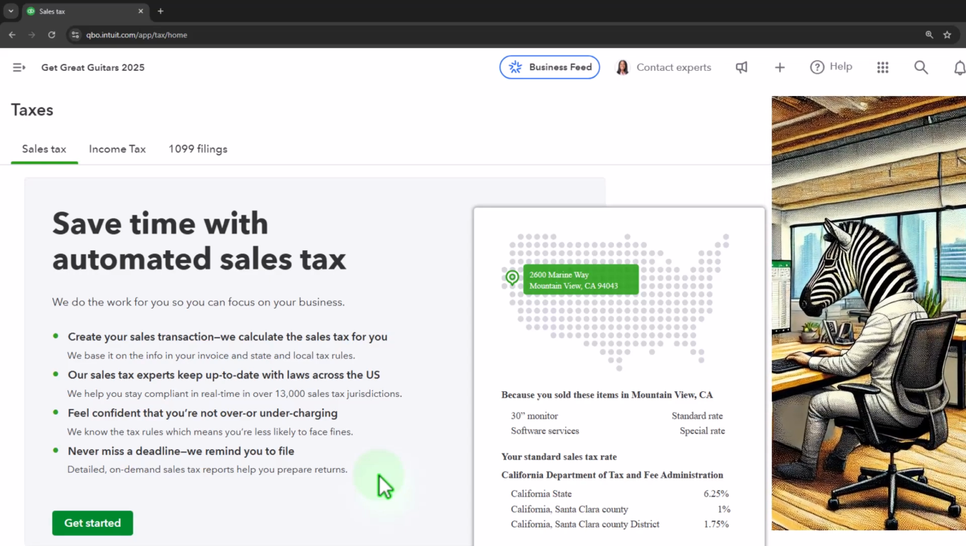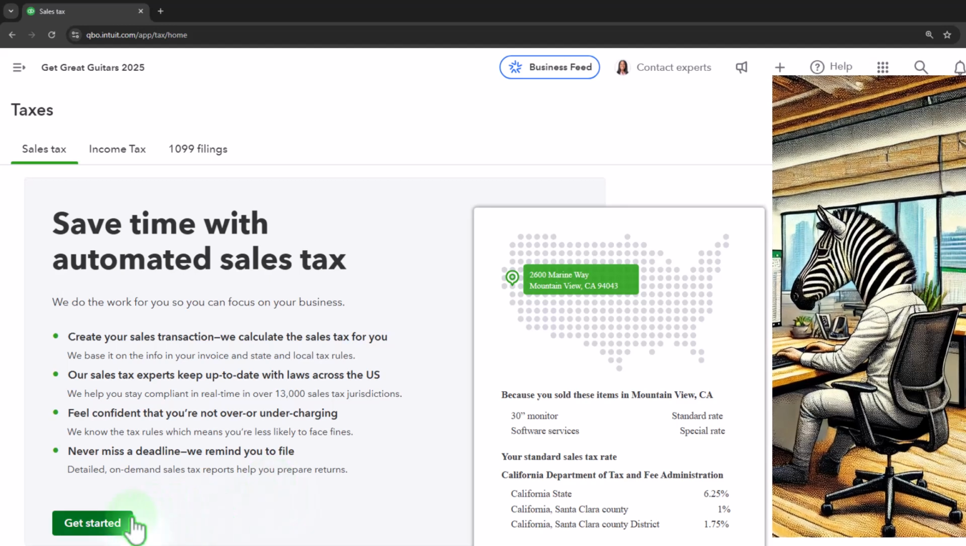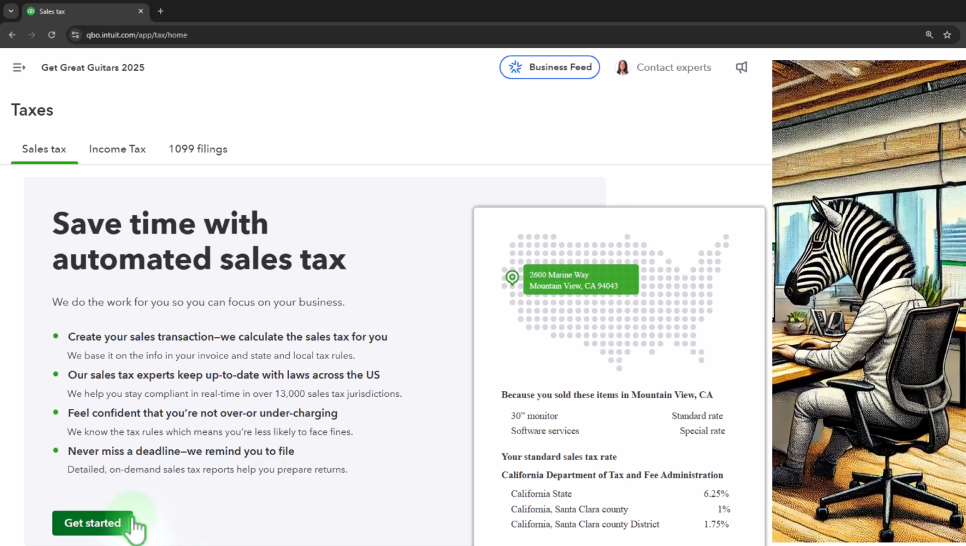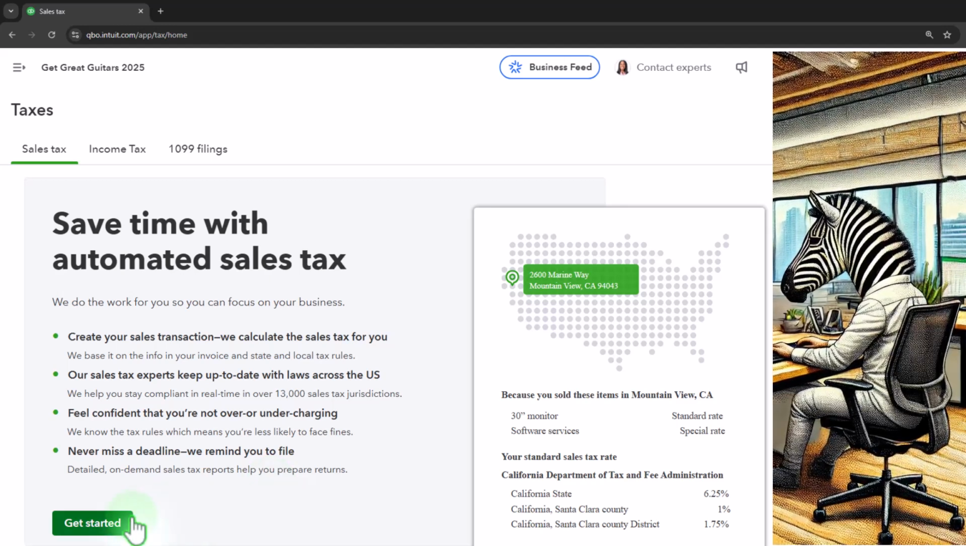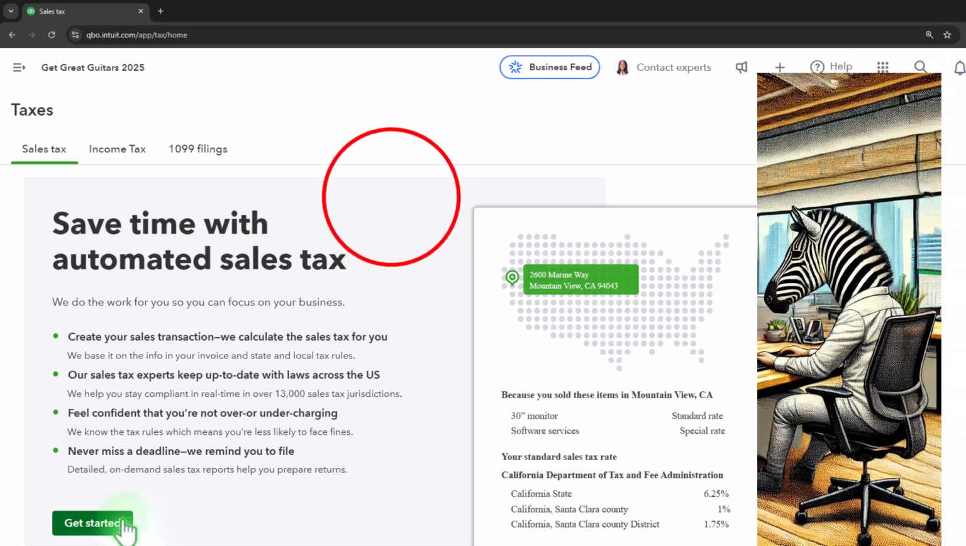We remind you to file. That's good too, because then if you don't, the mobster comes after you. They don't hit you over the head. They just charge you interest, and then they keep charging you interest and penalties until you